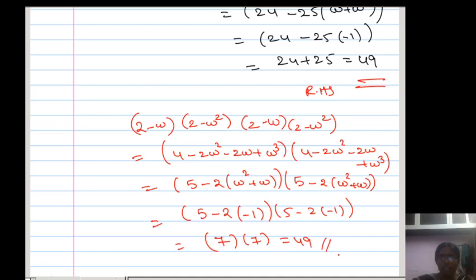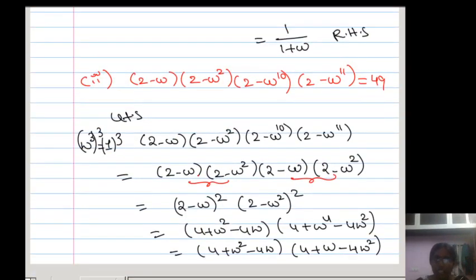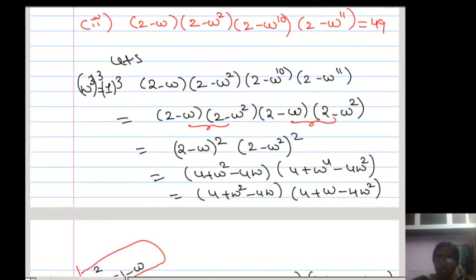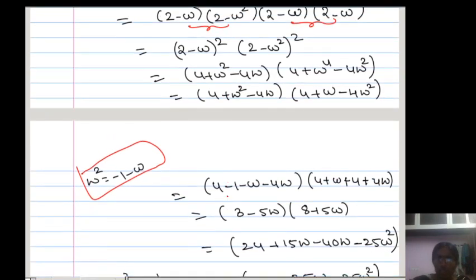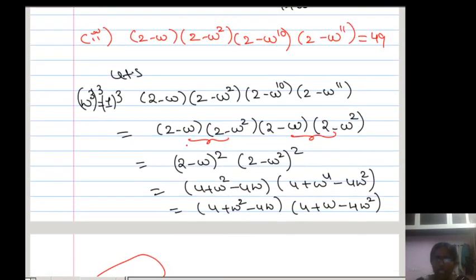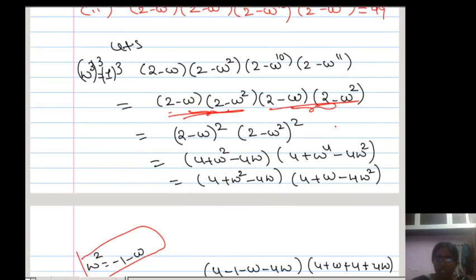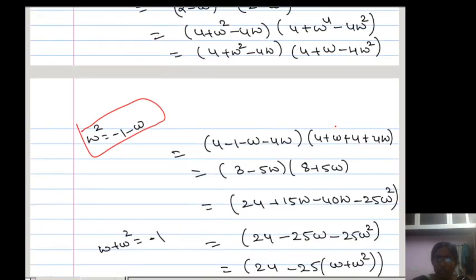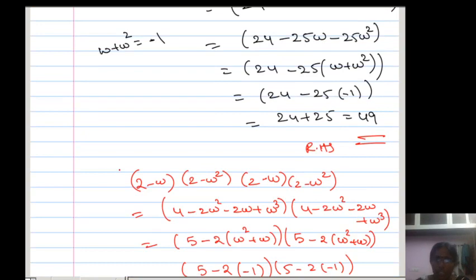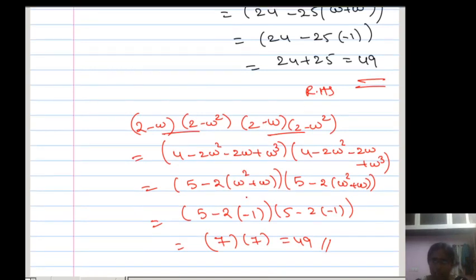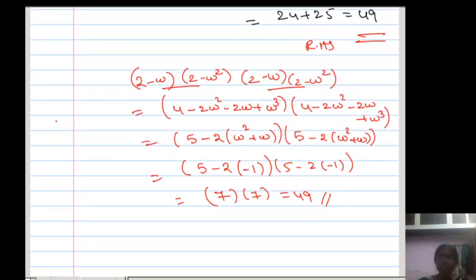See what I am doing, I am telling you the simplification. Here I did 2 minus omega into 2 minus omega whole square, 2 minus omega square, like that. If I go through that, you get the answer, but what I am telling is, instead of that, if I do the simplification directly, first I am multiplying these two, and these two. Here you can observe the step: 2 minus omega into 2 minus omega square. Then I did the simplification by using the relation. So multiply and you get the answer easily. That is what I am telling. Anyway, you can do it either way, you are getting the same answer. Okay, what's our third question?